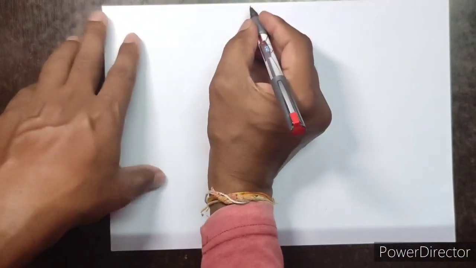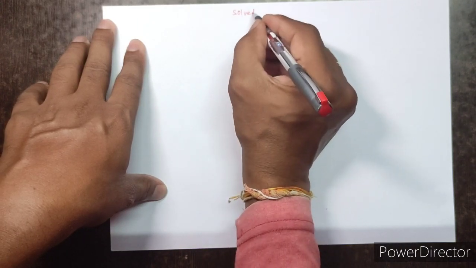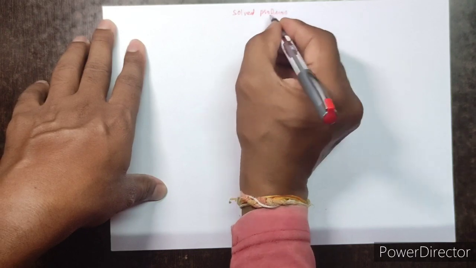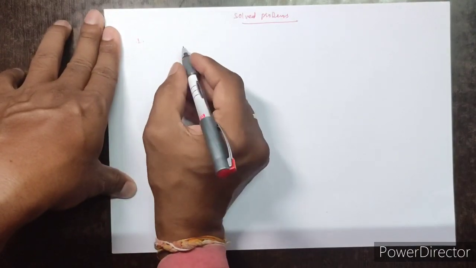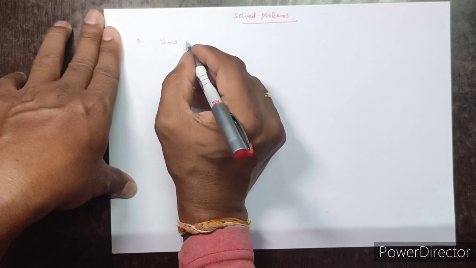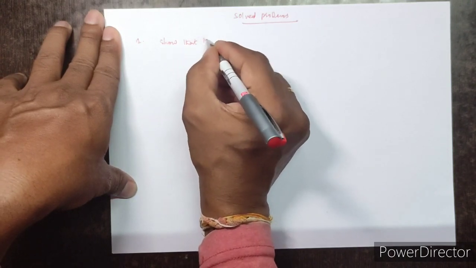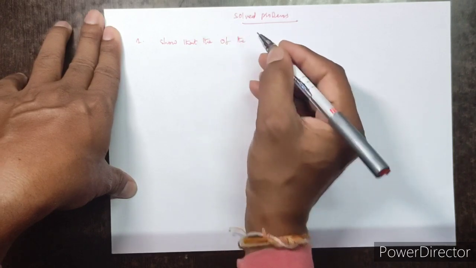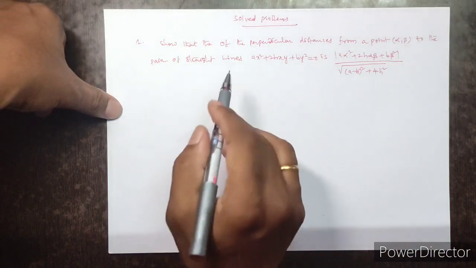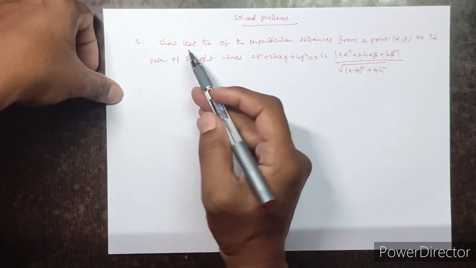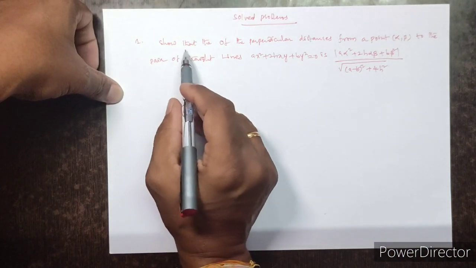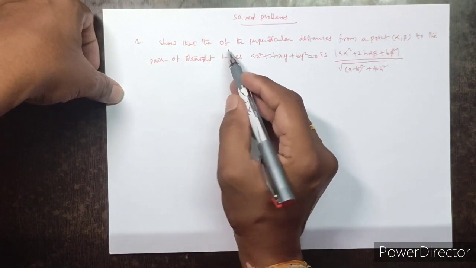Now see solved problems. We will see some solved problems. First one: show that the product